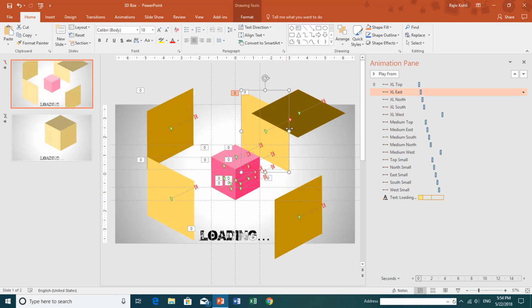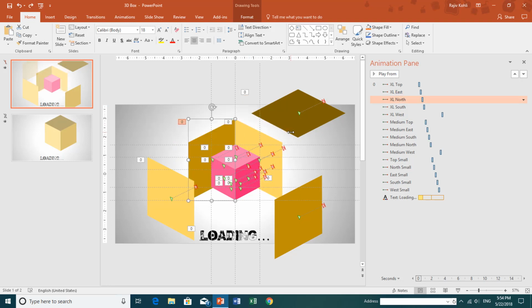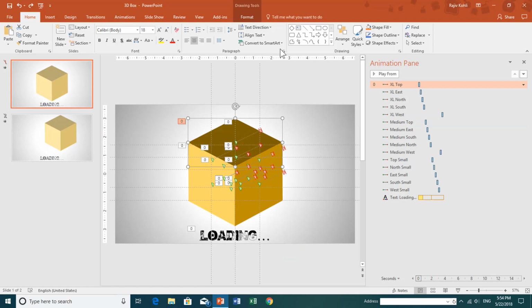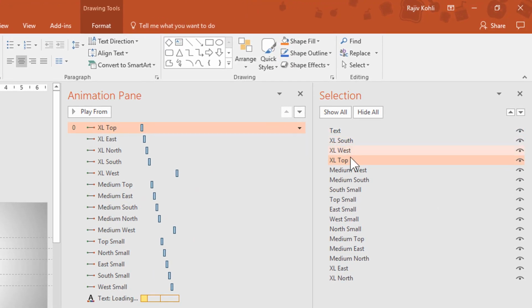The only thing that you need to remember is the position of each part of the box, and for that you can open the selection pane and you can see how I have arranged all these objects.